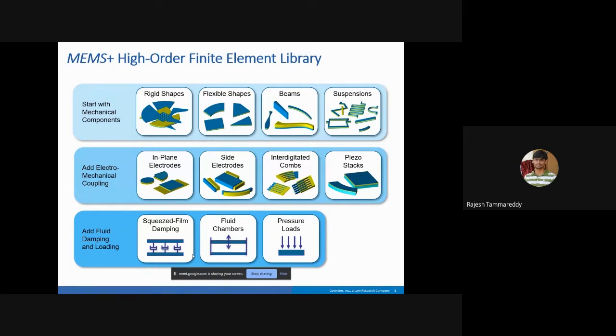So we'll see in the presentation. If you see here, there are different levels of components. In the first level, you have rigid shapes, flexible shapes, beams. Using these components, you can create any kind of geometry. You can also do add or subtract Boolean operations to construct the model. Each one will have its own behavior, so the user should be aware of what components to use for their designs.